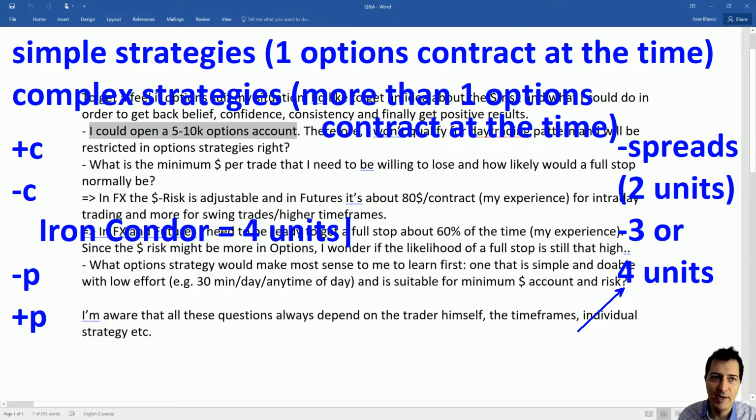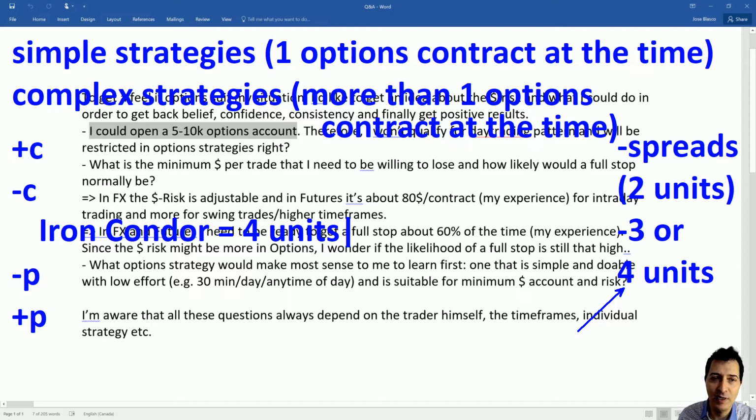The iron condor is made of 4 units. So in other words, if your account is under 25k and you place an iron condor order, what's going to happen? You get a rejected order message. It's going to say order invalid or not permitted or not allowed, or depending on your broker, you're going to have a different message,